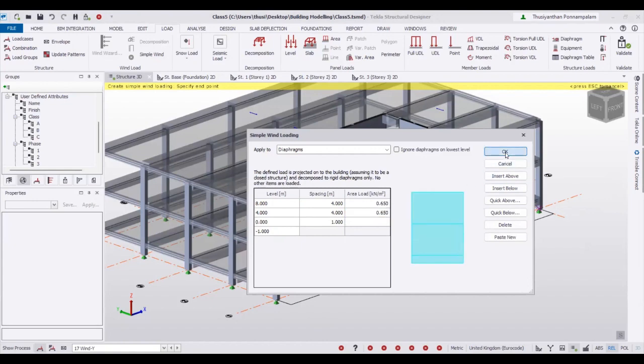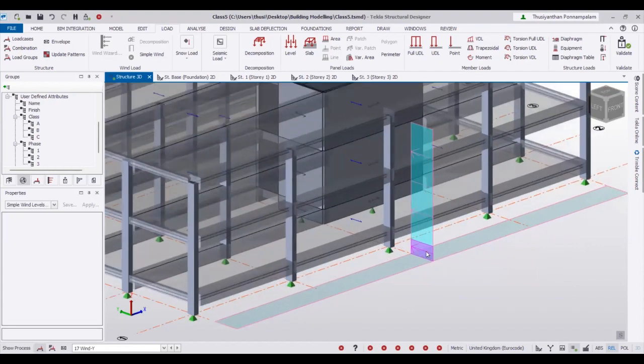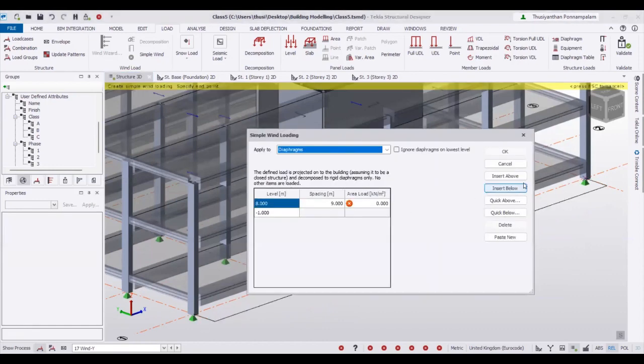Okay, so now we have applied the load to each floor, three floors, we already applied. If you don't want this one, you can delete it, then go back and only apply the two floors if you want. So, and below